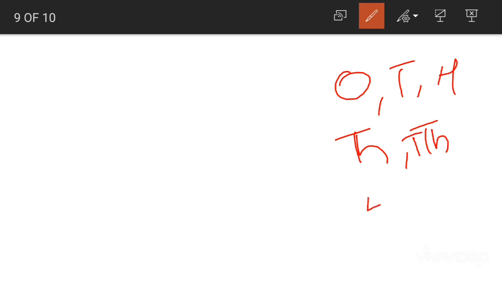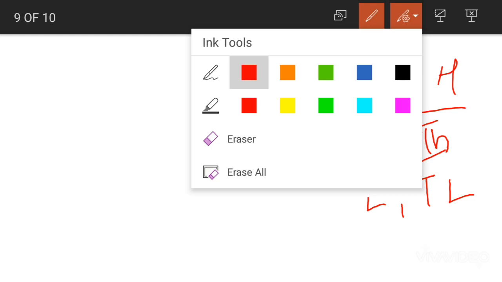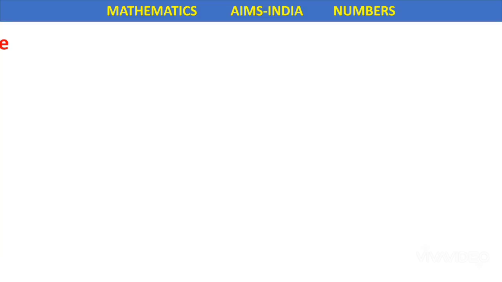Lakhs period again has two place values. They are lakhs and 10 lakhs. We use commas to separate numbers. We use commas in a single number based on the periods. First comma is placed after 3 digits, and then the next commas are placed after every 2 digits. Clear, children? Remember all of these things, because these are very important and you will be using these concepts in your higher classes also.